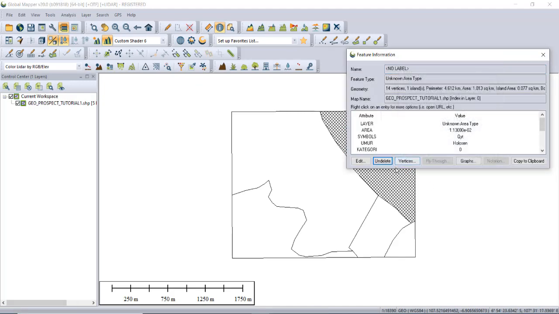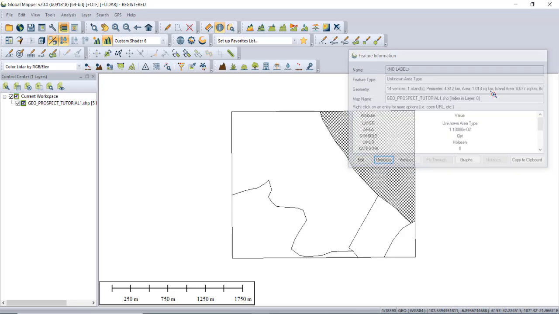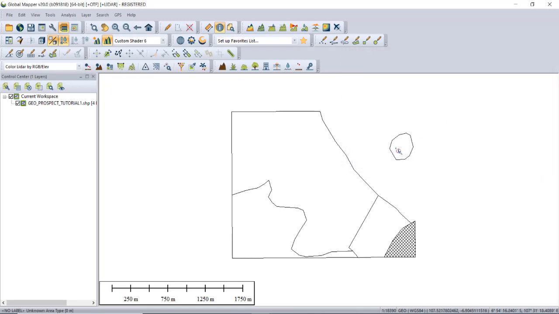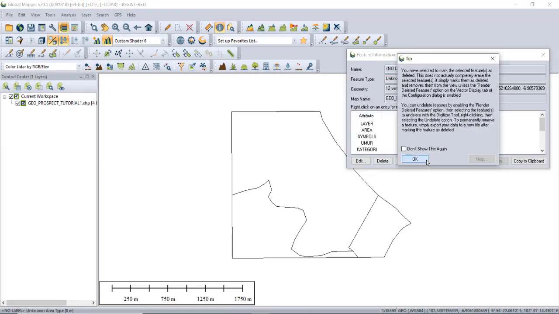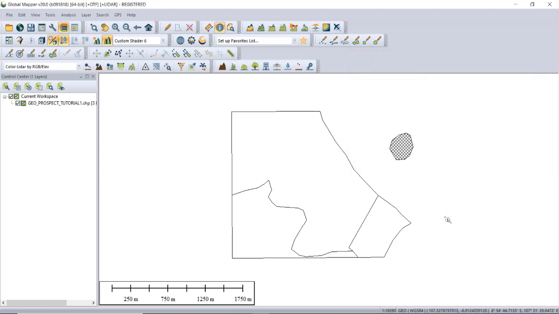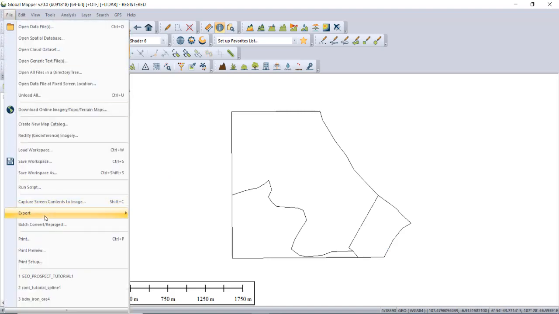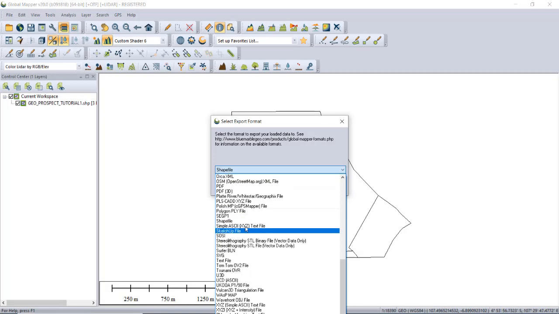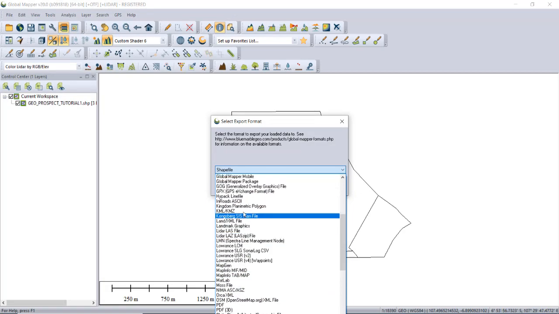Or you can delete in Surpac. We try to export with this boundary, export, must be changed to DXF.